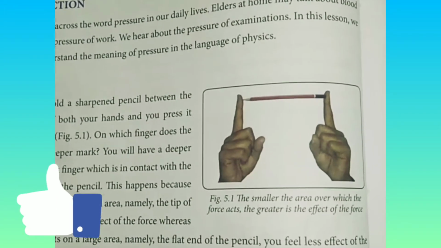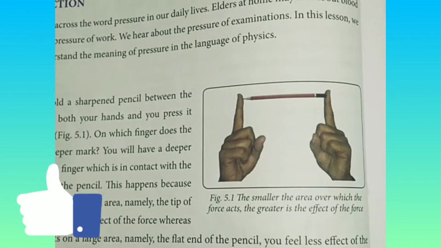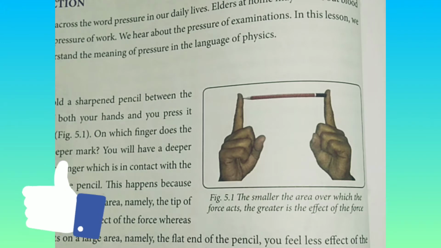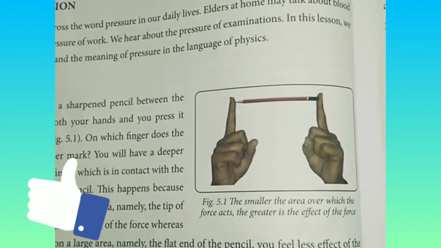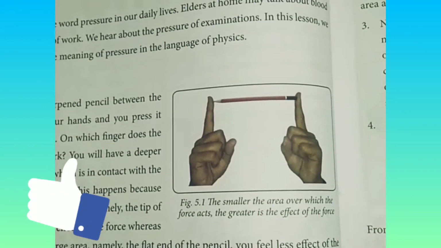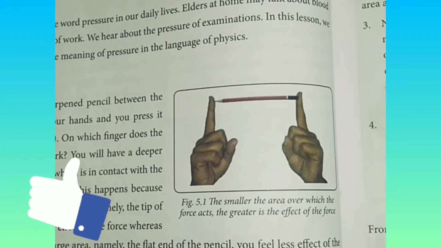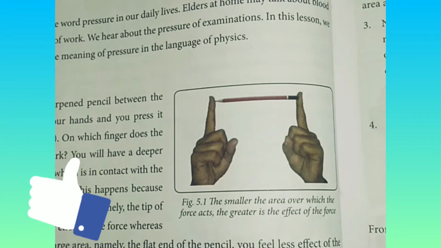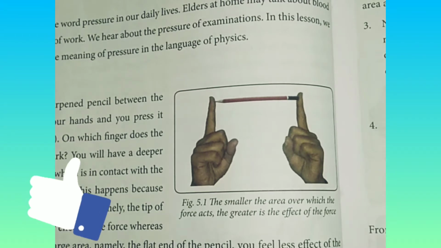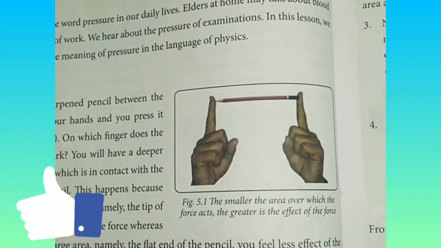Let me zoom out this one. So, take an activity where you are holding a sharpened pencil between the index fingers of both your hands, and you are going to press it from both sides. What are you going to observe in this case? On which finger will you have a deeper mark? You will have a deeper mark on the index finger which is in contact with the sharper end